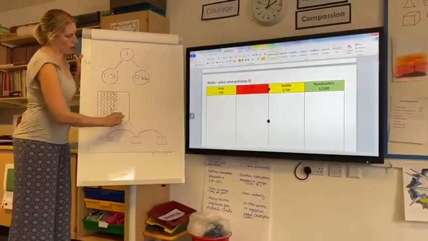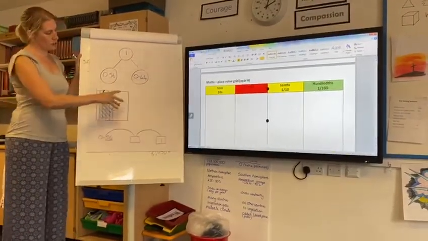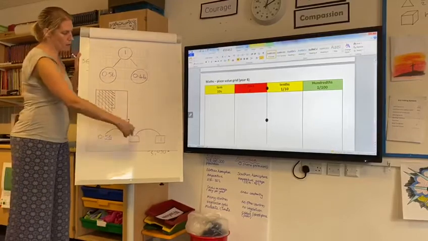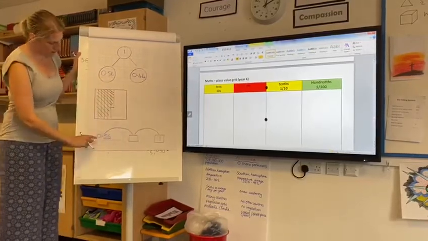The other way I'm going to show you is on a number line, which isn't quite as easy as our grid, but for some of you, you might like to do it this way. I'm going to